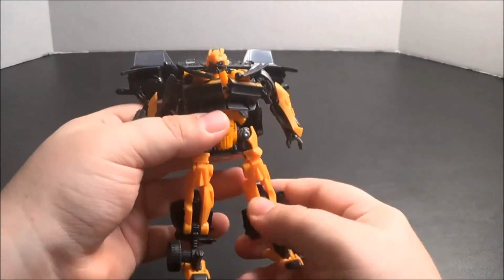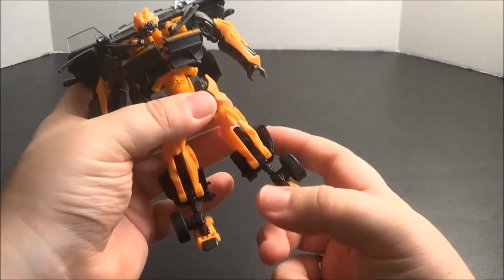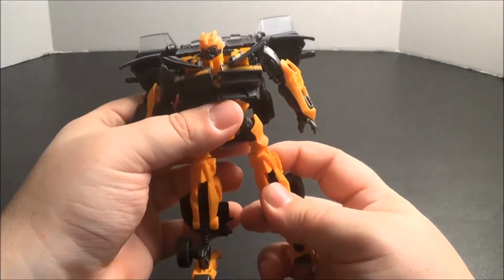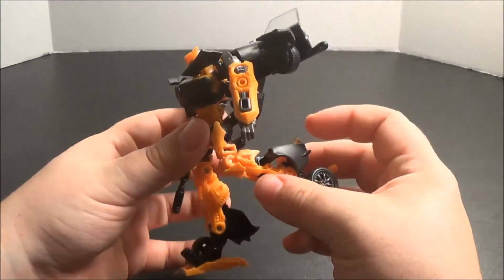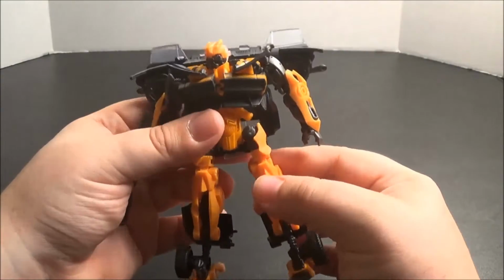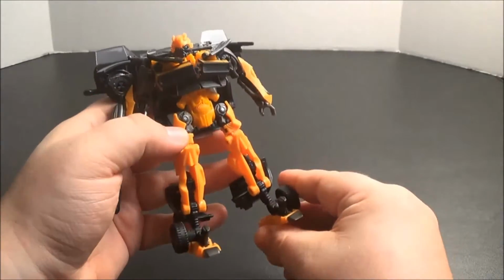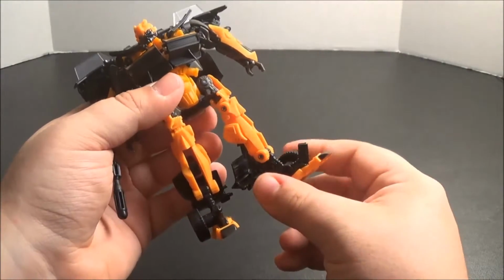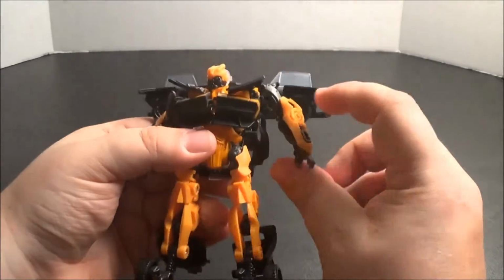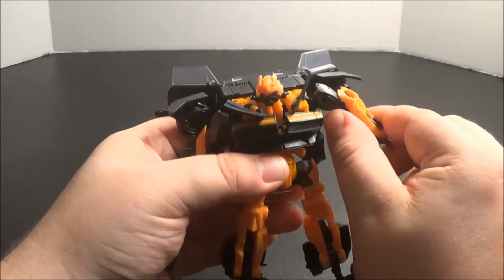This guy has some pretty decent articulation. We have foot articulation. We have articulation here in the legs, but I don't count that because it's legs. We have knees, very, very high up knees. Almost so high that I don't count them either, which I do, but it bothers me that they're so high. But it doesn't detract from the look of the figure, so it's okay. Rotates right above the knee, moves in and out at the hip, moves forward and back at the hip, of course. We've got shoulder hinges as well as these